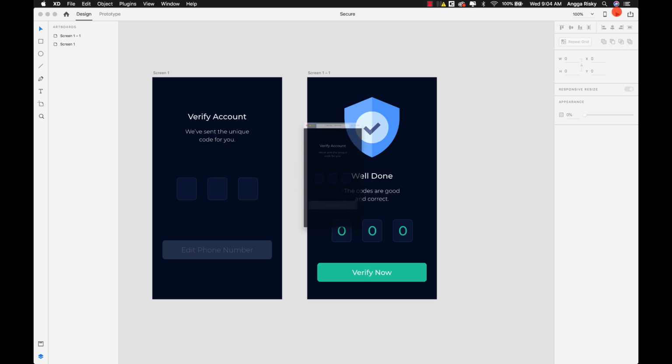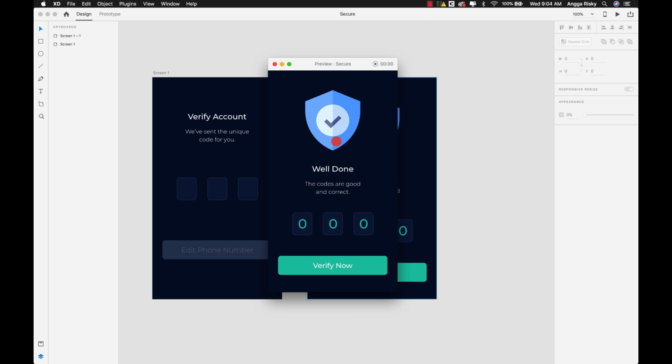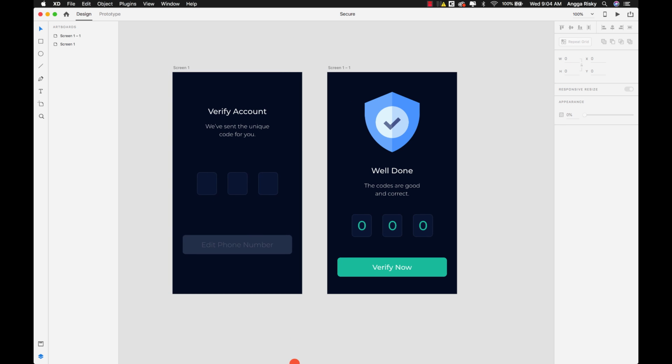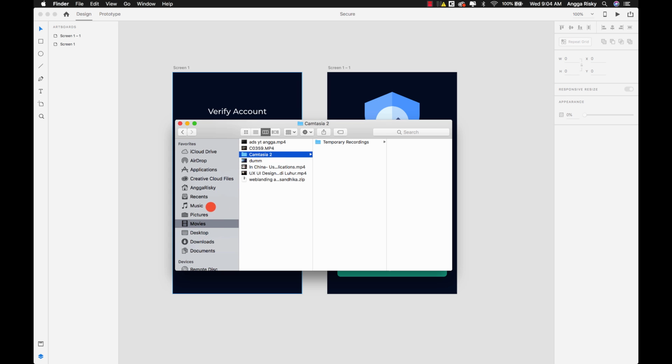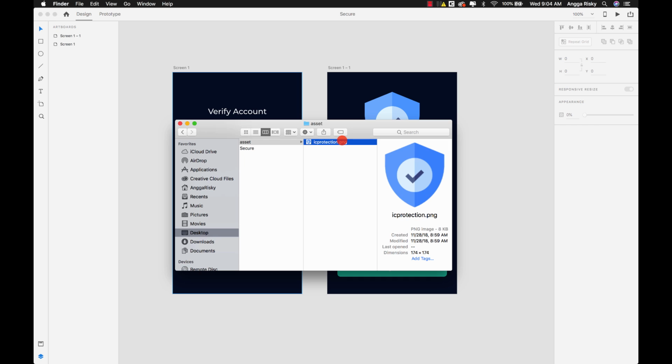We're going to learn how to make this in Android Studio. I have provided the assets, and for the asset it's just this icon, but if you want to change to another icon, it's not a problem for me. So let's go.